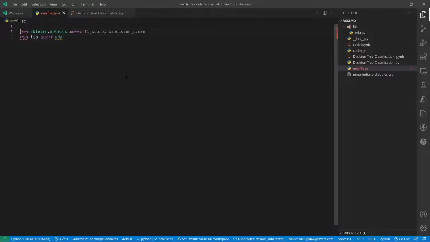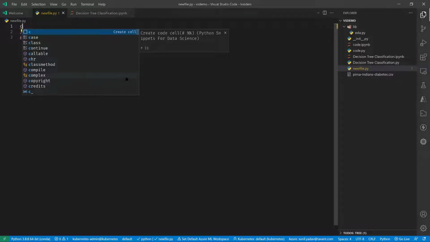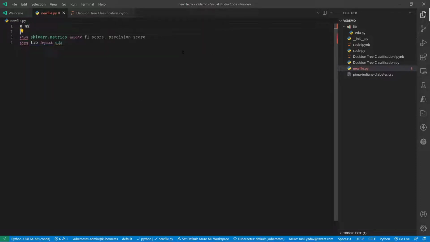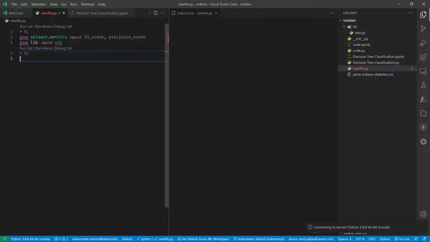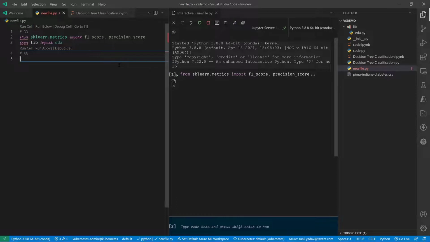Go here, type C, and this snippet is coming from the extension. You can see create code cell. This is the code cell. Tab it. You can run this cell, or you can press shift enter. It ran a file. Now on the right-hand side you can see that the code is executed.